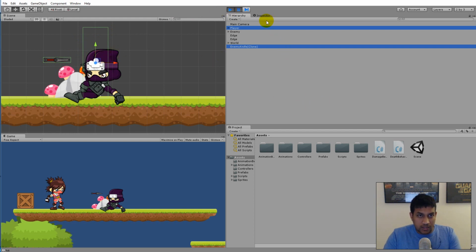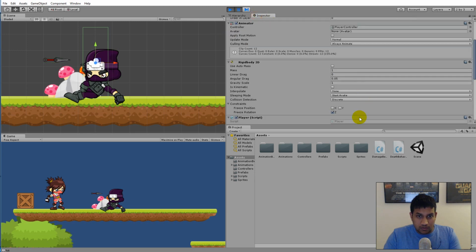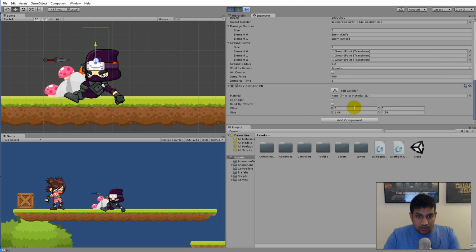I wrote down some numbers that I will use to make sure that this collider goes below the knife. If I select my player, then you can see the offset here is basically the Y we need to fix. So the Y offset needs to be fixed, and the Y size needs to be fixed. The size of the Y is 2.11. So this is the correct size. But as you can see now, this collider is at his head, and we need to move it down so that it doesn't hit the knife. And the offset here is minus